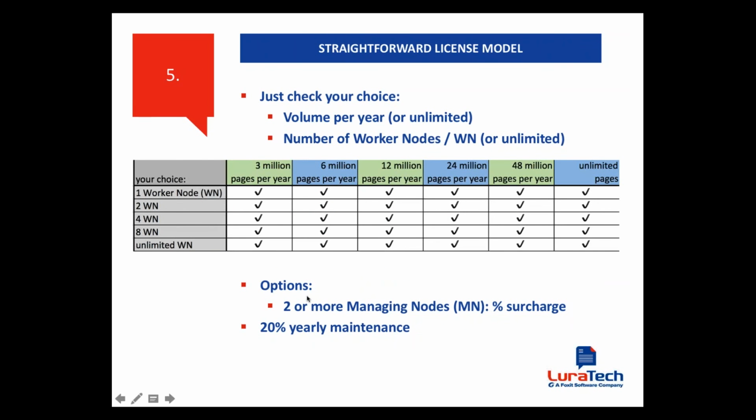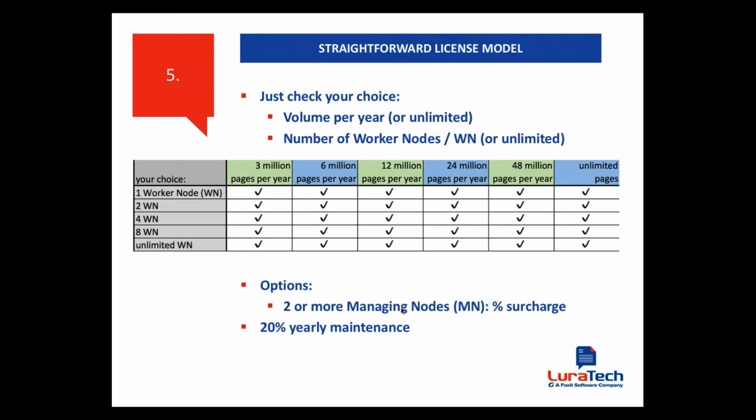Options, which is basically singular option. There's one option you can have. You can have a percentage surcharge, one-time fee again, when you want to run more than one managing node. It says 2 or more managing nodes. So you have one managing node in the box. And if you want to have 2, 3, 4, 5, 10, whatever, parallel managing nodes,